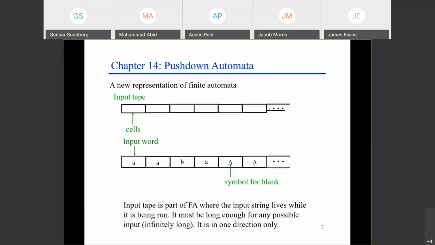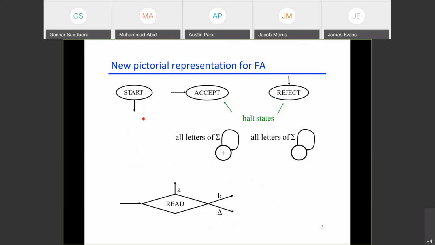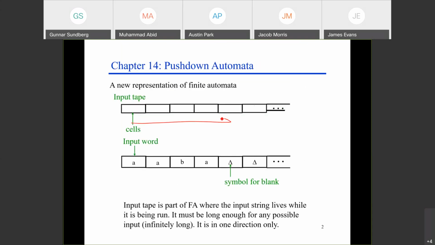So let me give you this information again. Today we start with PDA, and I just explained that PDA is a new construct which has a notion of input tape, which was missing before in all previous mathematical models. This input tape is by nature infinite in size, and it starts from the left side to the right side in this direction, and we always write our word